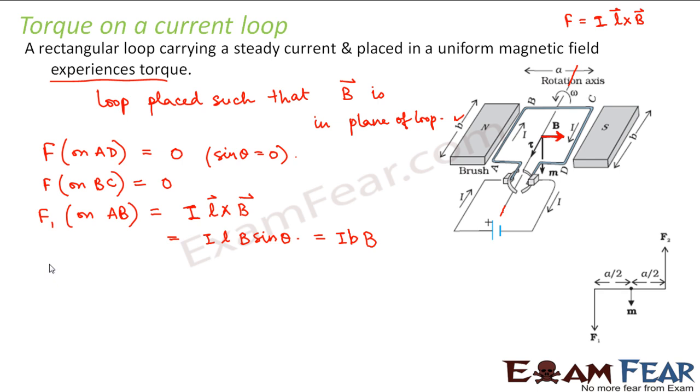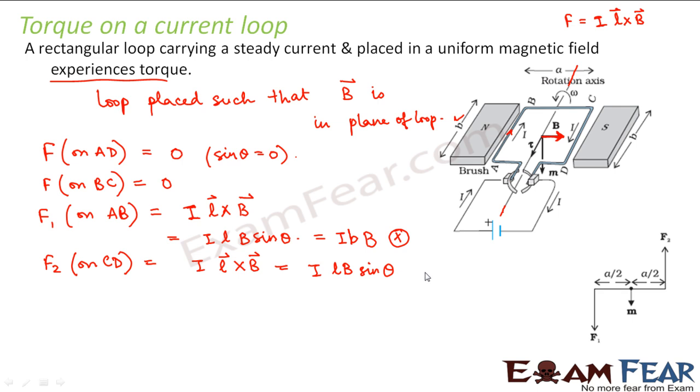Now let us calculate the direction of this force. The direction will be given by L cross B, so apply the right hand rule. Take all your four fingers towards the length, that is, towards this direction, and then fold them towards the right, because right is the direction of the magnetic field. Your thumb points in the downward direction. Therefore, the force will act in the downward direction. Now let us calculate the force that will act on the arm CD. That force will again be given by IL cross B, which is equal to ILB sine theta.